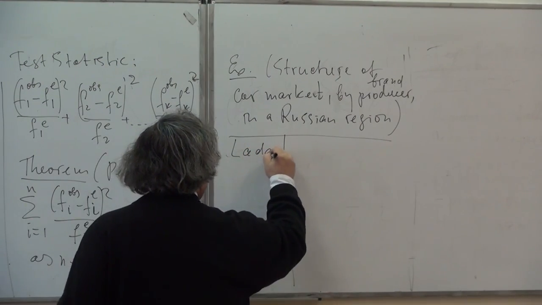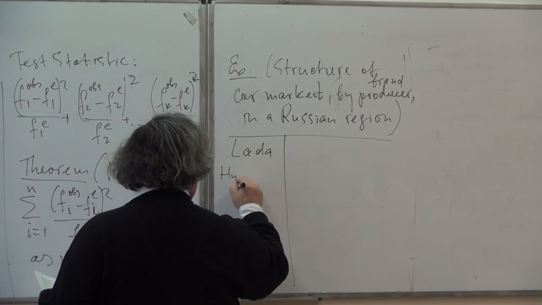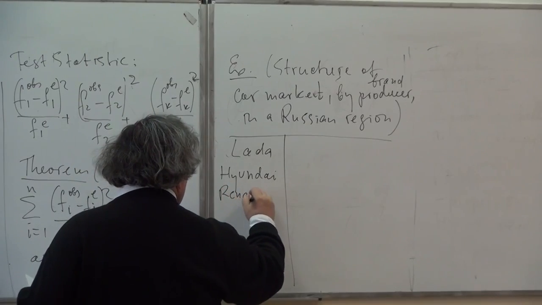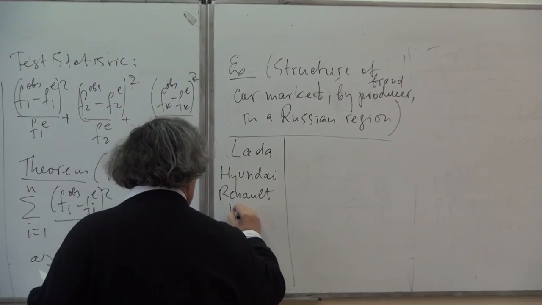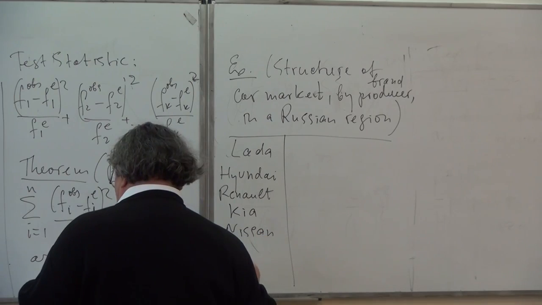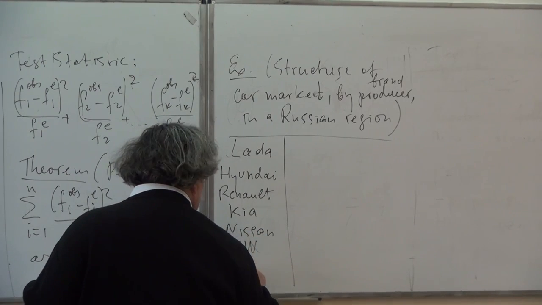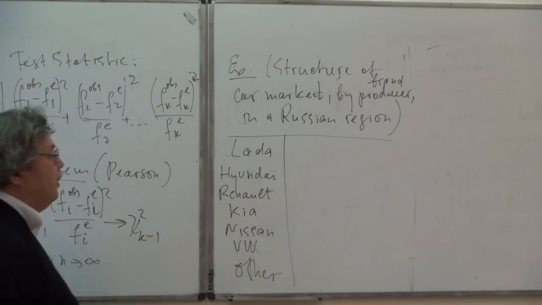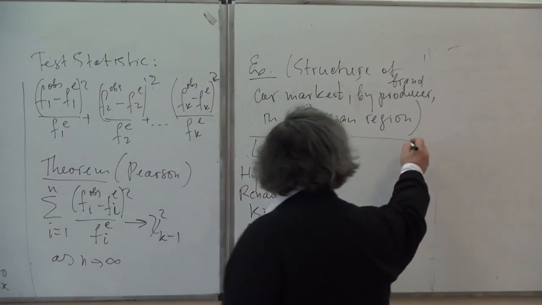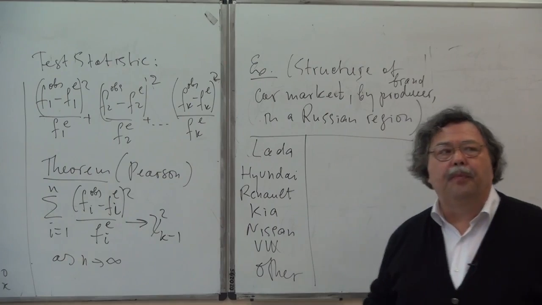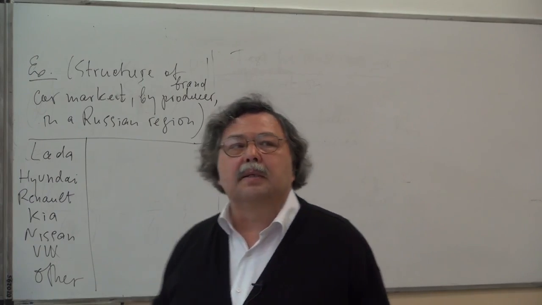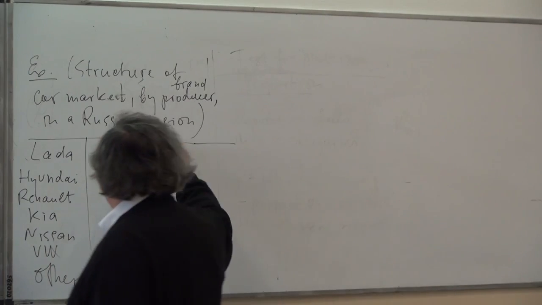So one of the brands is Lada, then it's Hyundai, then it's Renault, Kia, Nissan, Volkswagen, and we group all the rest of them under the title others. Okay. Now, suppose we have some statistics referring to the country as a whole. So for the country as a whole,